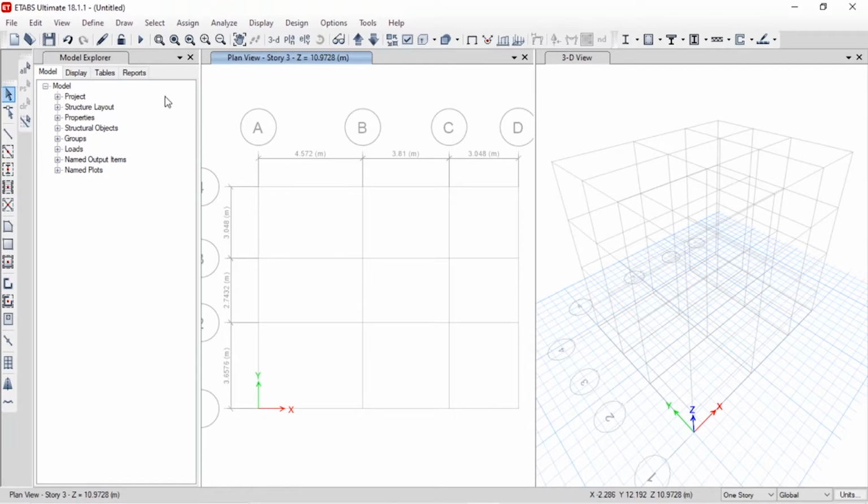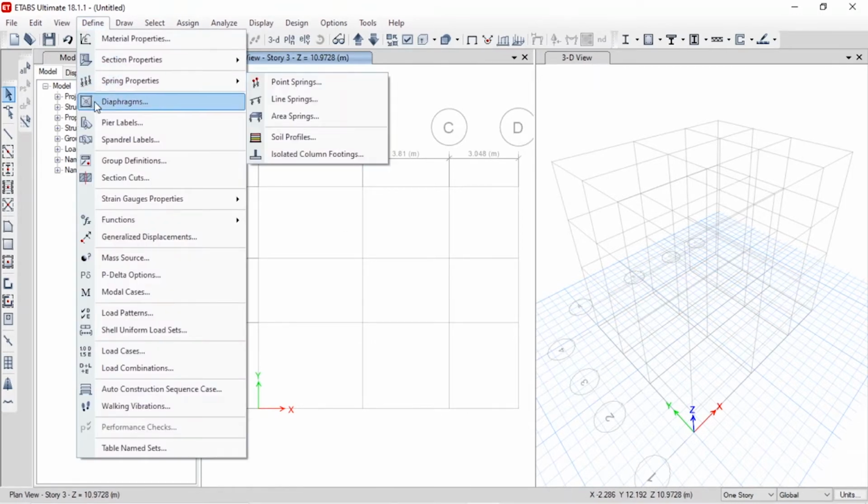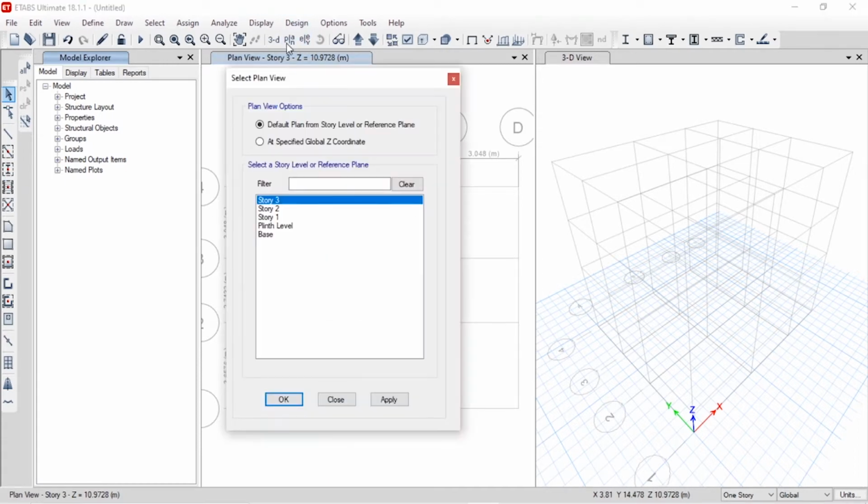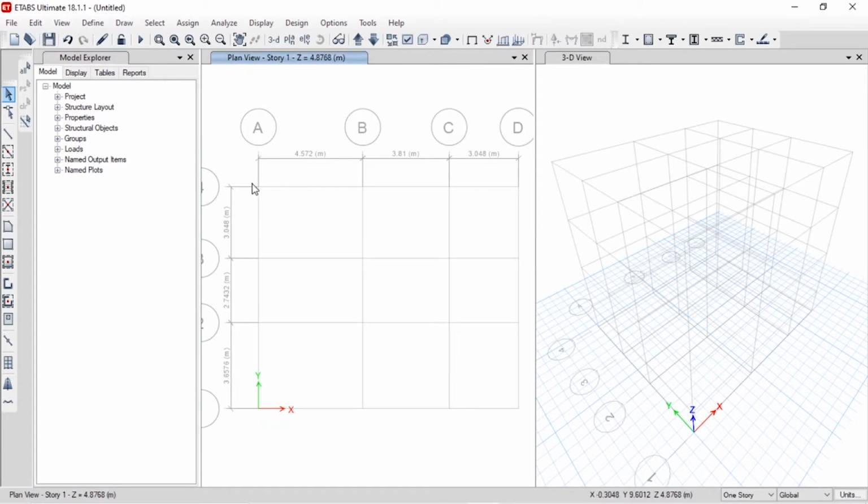And now we'll see how to add the beams and columns to the drawings. First, we'll change the plan view from plinth to the story. We'll change it to story 1 because that is the master story. If we apply any beams or columns to this, it will be applied everywhere. And first, you have the options called quick draw secondary beams and quick draw columns.